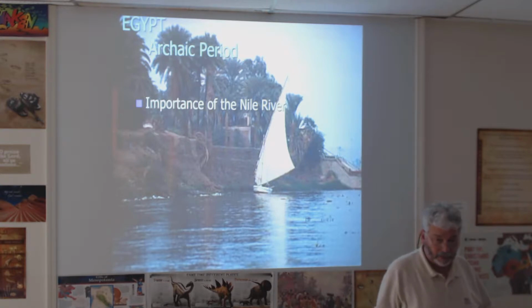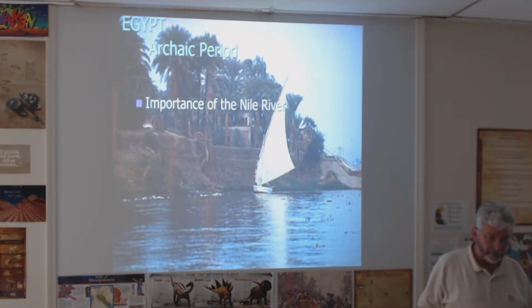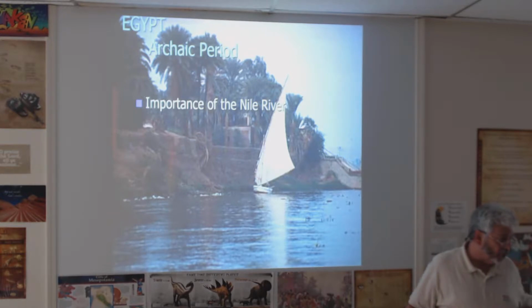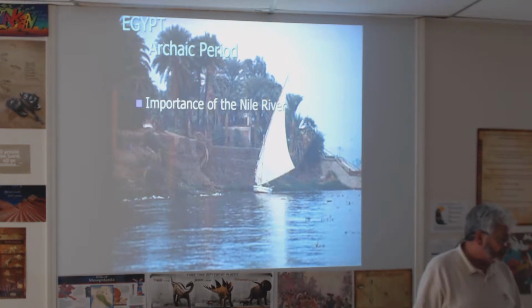It flows south. If it flows south, then would you need a sail going south? It flows north. It flows north, the opposite. So if it's flowing north, you don't need a sail, and so a ship without a sail indicates that you're going north, and then the opposite is true. All right, we'll get a map up here of Egypt pretty soon, so we can see those things on the map.